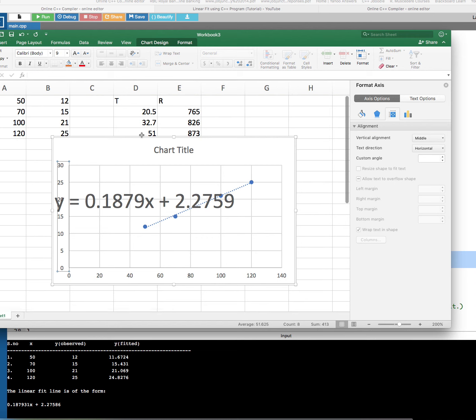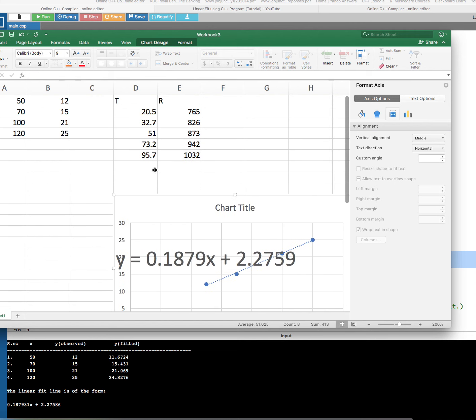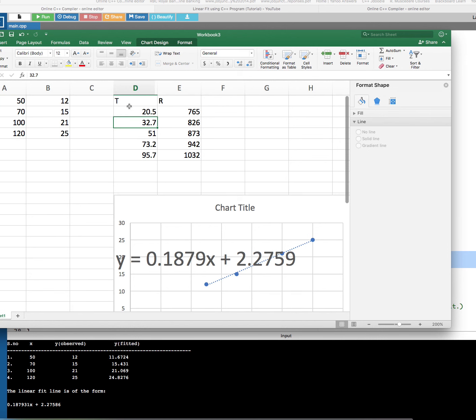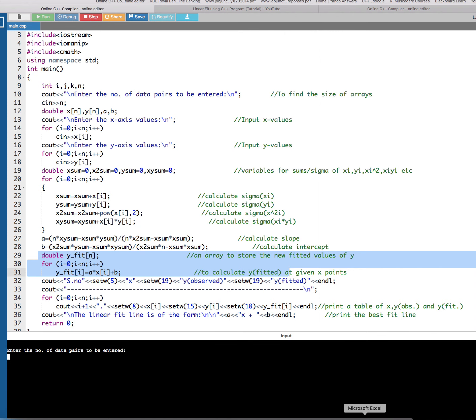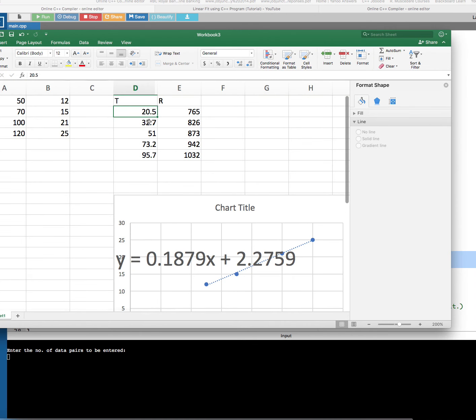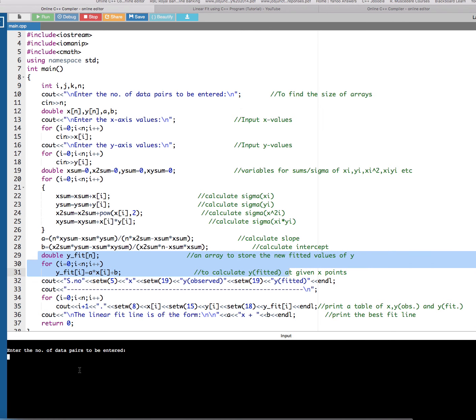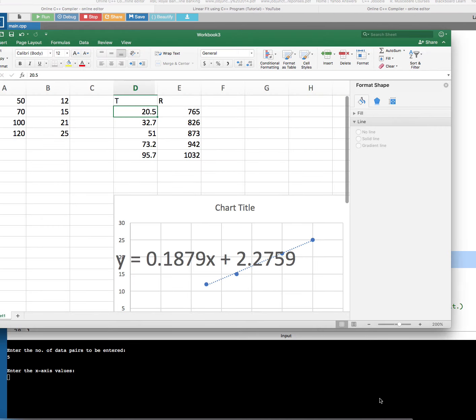And let's look at this one. Here we have a temperature resistance equation, curve equation. Now let's try this one too. Now again I'm going to run this one again, and let's look at the data numbers. Set of data is 1, 2, 3, 4, 5. So we have to enter 5 set of pairs, and here x values, the first one is 20.5, 32.7,